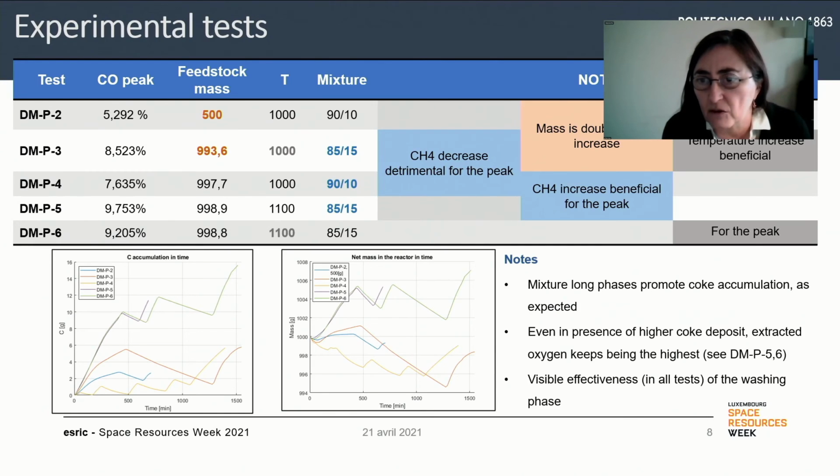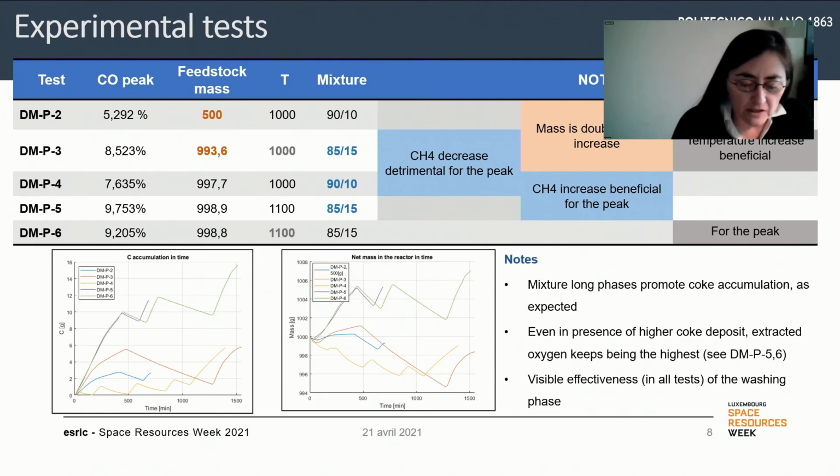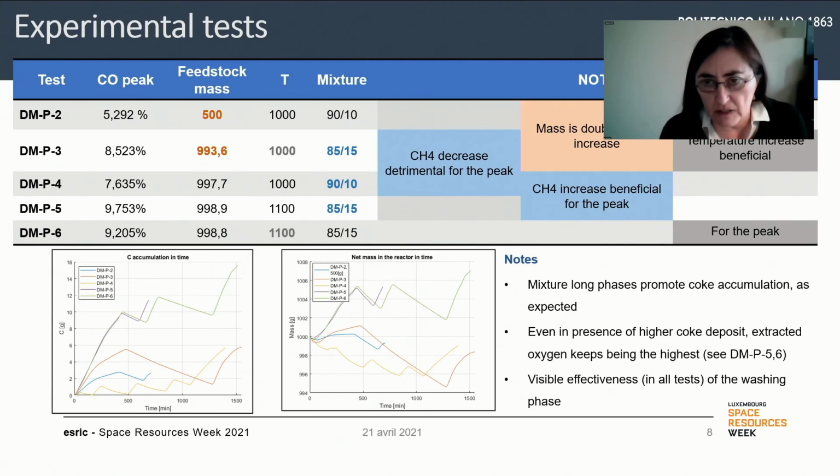As expected, of course, the decrease of the methane is detrimental for the first peak, but it could be considered for the continuation, so the integrals of the whole yield, while the temperature increase is definitely beneficial. The graphs that you see at the bottom report basically the same